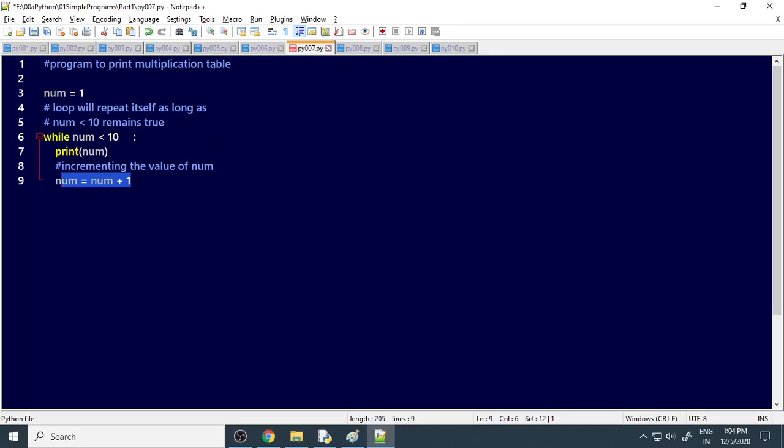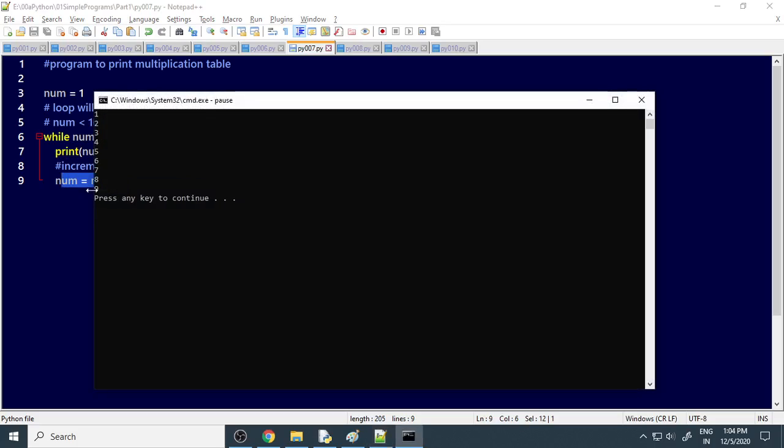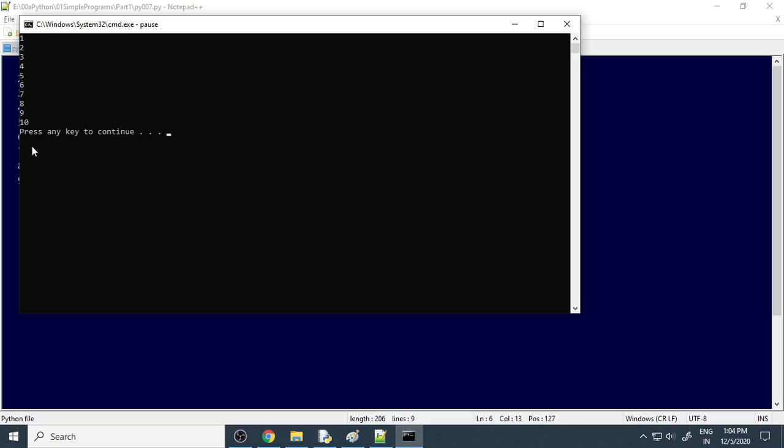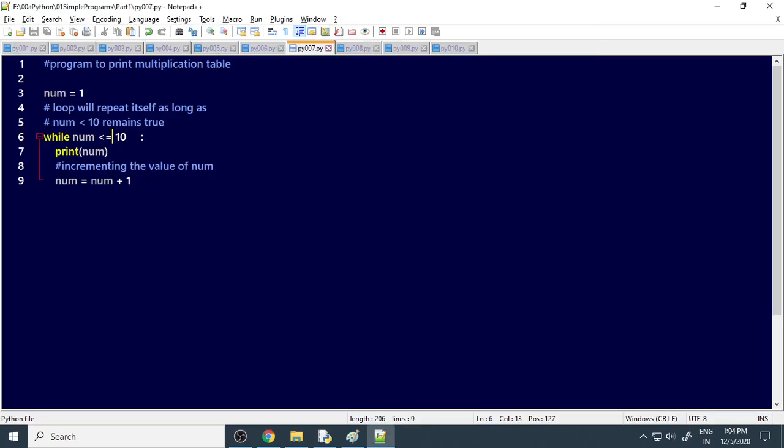Fine. So here what happened? So first we'll print up to 9, okay, less than 10 we gave, so it means up to 9 only. If it's equal to 10, then it prints up to 10, like it prints the numbers. Now what we want to do is print the multiplication table. So which table? So first we'll start with the 2's table, okay, so then you can say comma,